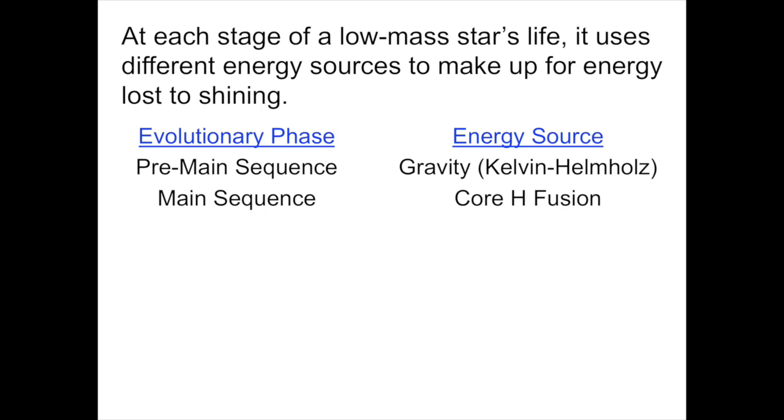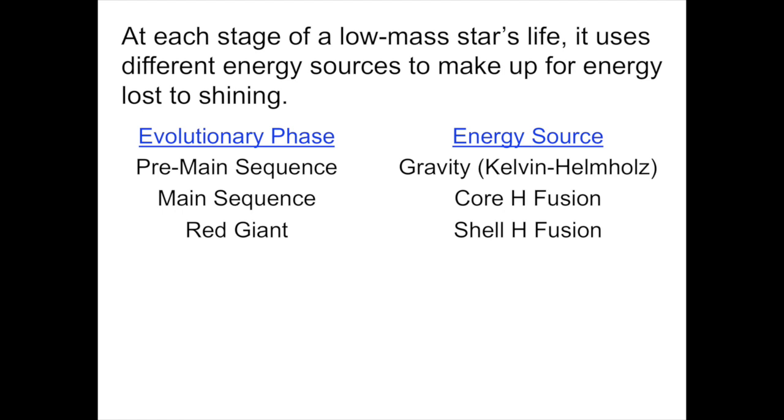However, that helium builds up inside the core and is unstable. It is not yet hot enough for fusion to occur, and so the main sequence star gets slowly brighter and slowly a little bit bigger until finally it runs out of core hydrogen fusion. The helium core collapses, the hydrogen fusion is pushed into a shell, and the star swells up into a red giant. During the red giant phase, the energy source is shell hydrogen fusion with a small contribution from gravity,